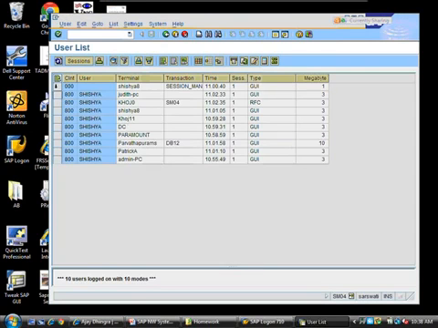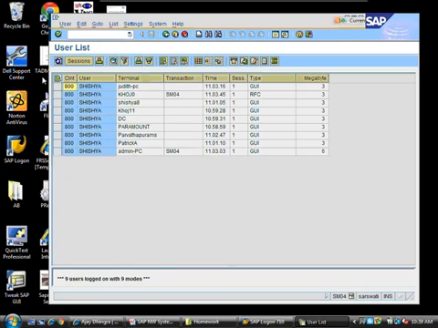Why is it showing 00? This 00 shows because, and this is for JJ, I think you got 2 sessions open, right? Yeah, you might have 2. One is probably on the logon screen. Yes, yeah. If you X out of it, this will go, but it's good, right? See? So now it's gone. So once you're on the logon screen, you have not logged on. That session is still connected to the back end, just that you have not logged on. So at that time, it shows client 000. What is a client is a 4-hour discussion, which is to be done later when we start the real material of the class.